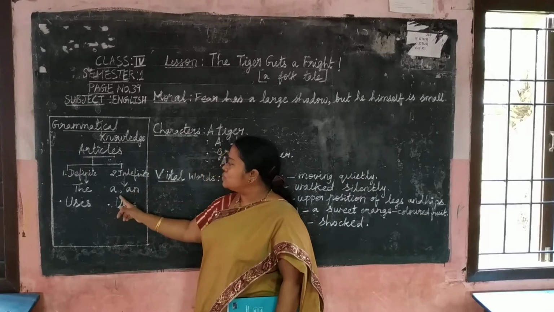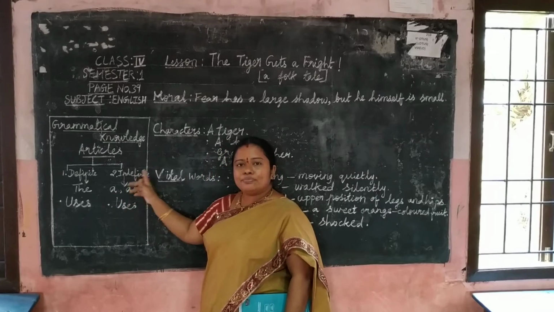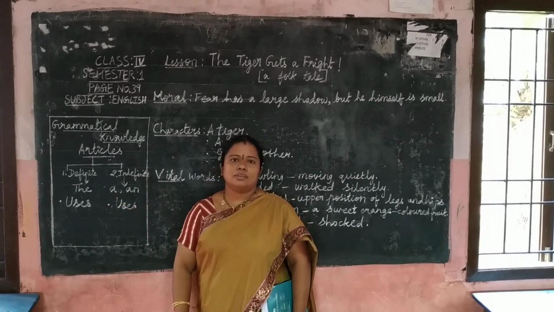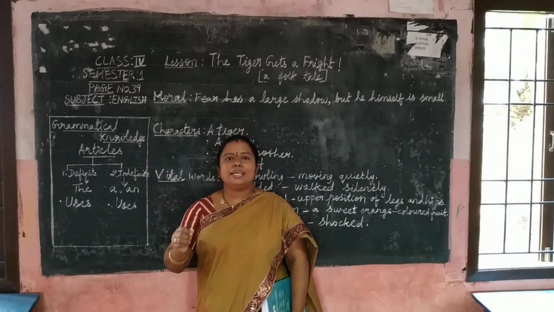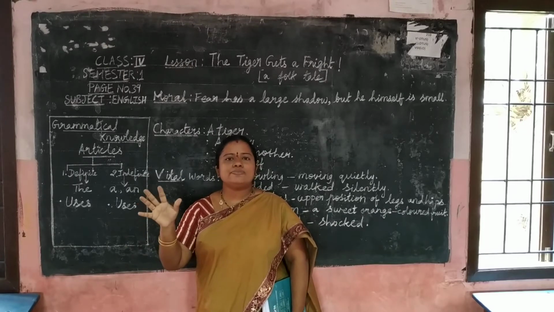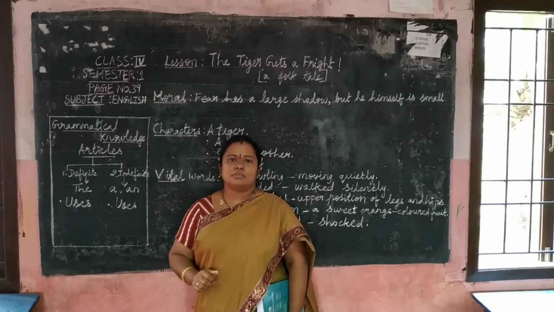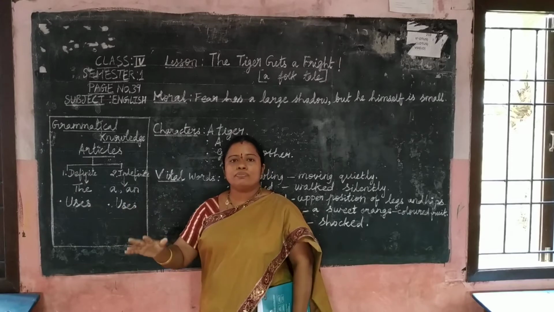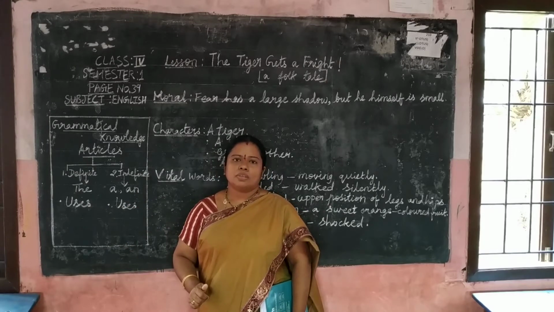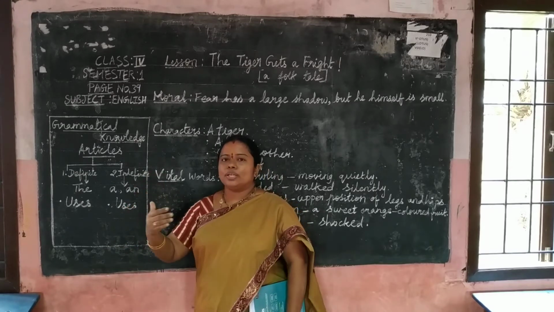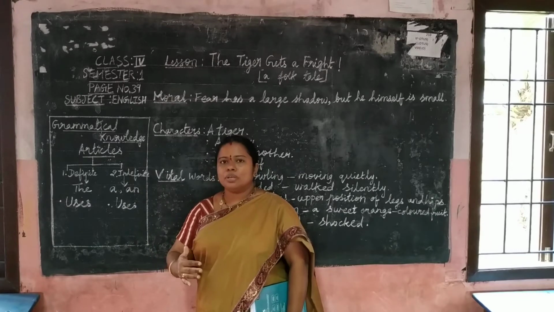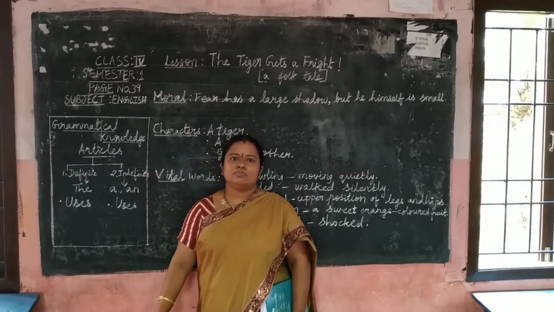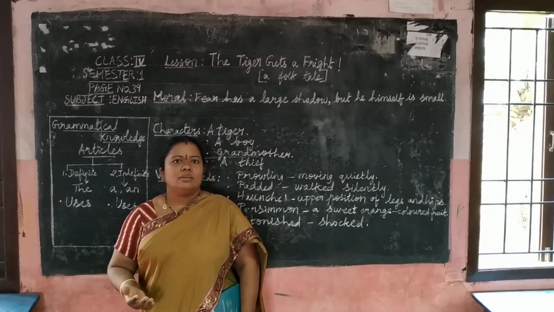And where do we use a and an? Indefinite articles. A is used before vowels. What are vowels, children? A, E, I, O, U. These 5 letters are called vowels. A is used before vowels and an is used before consonants. The remaining 21 consonants, before the words, we use an. Yes, children? Coming back to the